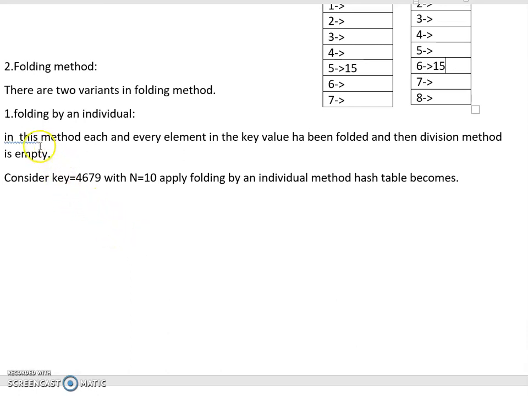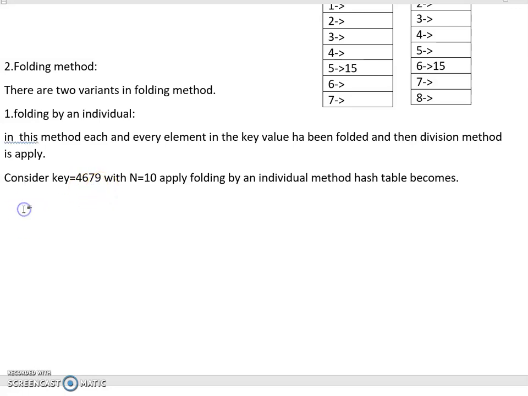In folding by individual method, each and every element in the key value is folded and then division method is applied. Folding means first divide all the numbers and then add them.